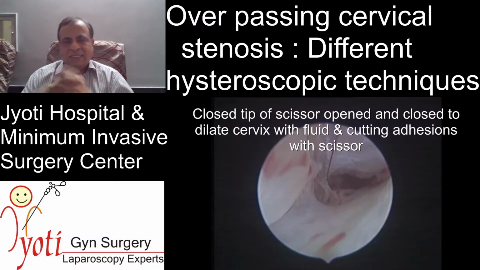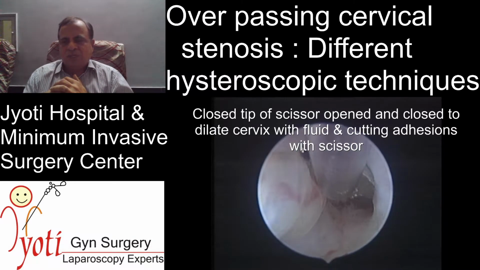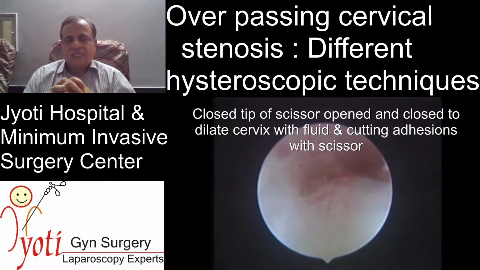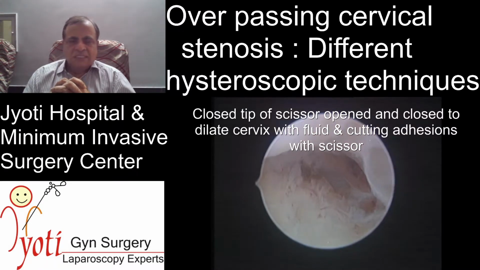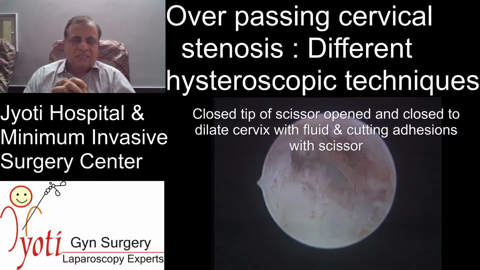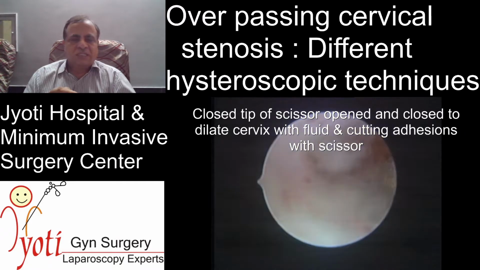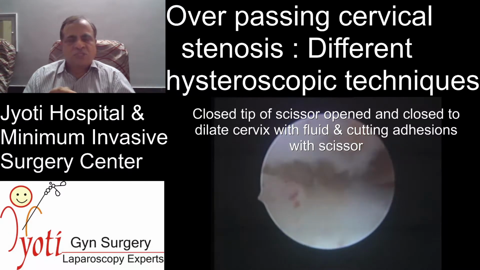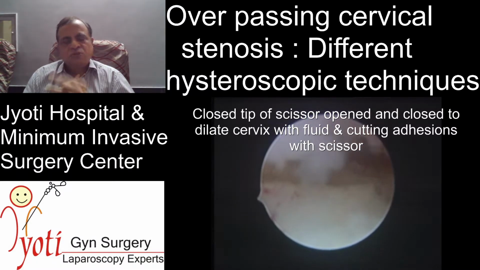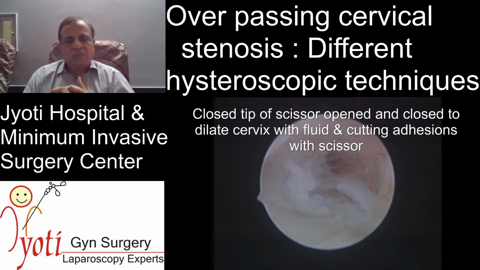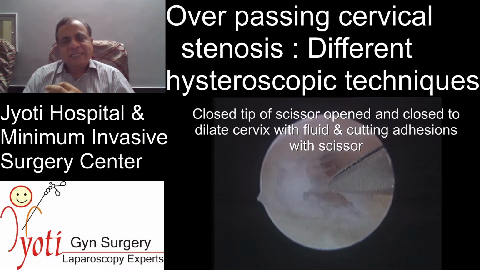and the fluid will go inside and will further dilate and distend the cervical canal. You can see the cervical canal, external os and cervical crypts also. Make sure that this is the cervical canal. Don't push in a wrong direction, otherwise, as I said, it will produce a false passage. So keep patience, see that there is a fluid showing at some canal lumen part where you can go ahead, and allow it to distend with the normal saline which is used as a distension medium. So this is how a mechanical and atraumatic way of normal saline dilates and distends the cervical canal.